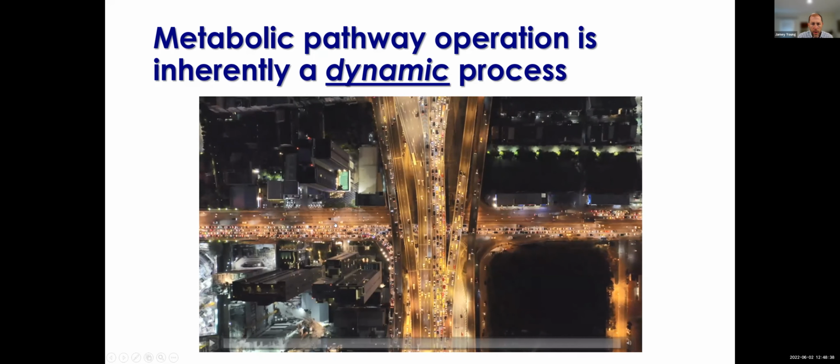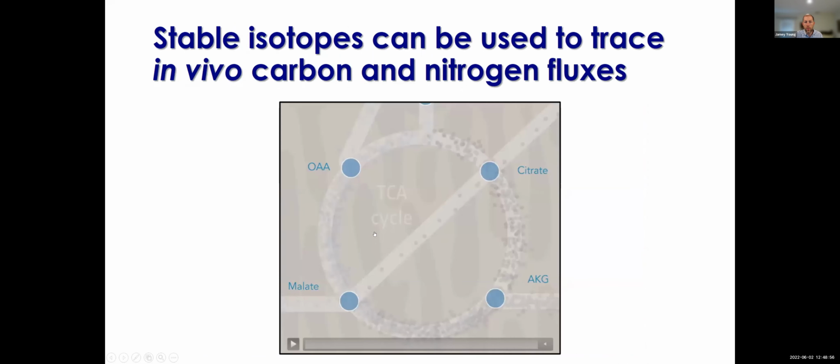So, there are ways using temporal time series approaches like the previous lightning talk mentioned, where we can start to assemble snapshots into dynamics. But there are also other approaches like the ones that I'm going to be talking about today, where we can introduce a stable isotope, a nutrient that's labeled with carbon-13 or nitrogen-15, in order to help us trace the flow of atoms through networks. And so by measuring the incorporation of those stable isotopes into different downstream metabolites and measuring the rate of that isotope incorporation, we can actually make better informed guesses as to the activity of these networks